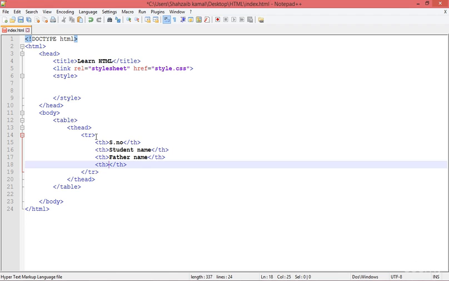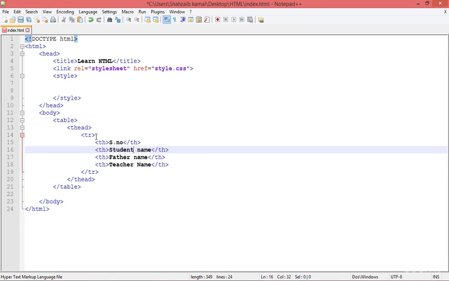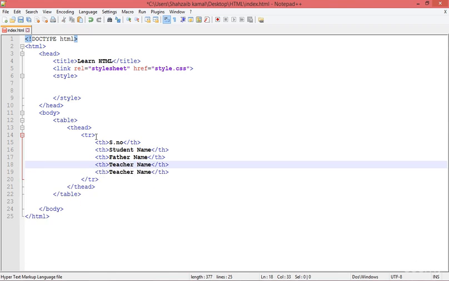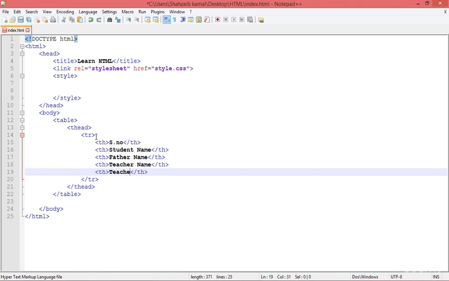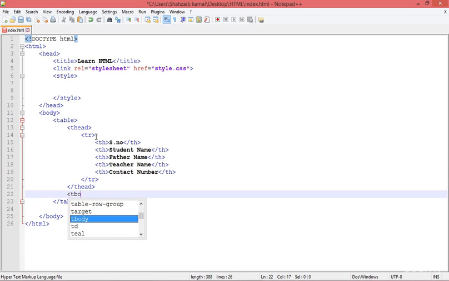Father name, and then the teacher name, whatever you have in your mind, just put it. Teacher name, and what more? Contact number. Awesome. Go to the T body because we've created the T head already, so this is the T body area,